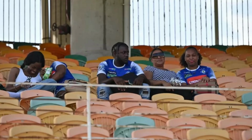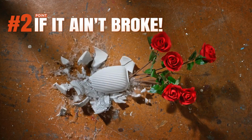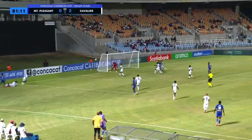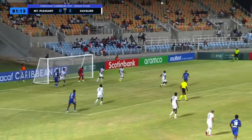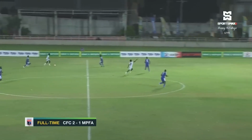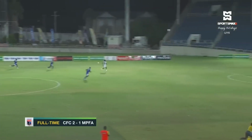But for now, it was a disappointing display overall, and they simply look not up to the races. Point number 2, if it ain't broke. Mount Pleasant seemed void of ideas, while Cavalier, on the other hand, seemed to have an exact plan of what they had to do and executed it to almost perfection. Of course, it's not that hard since it's the same plan they trotted out in the last 3 outings